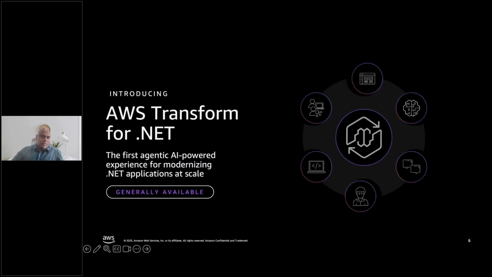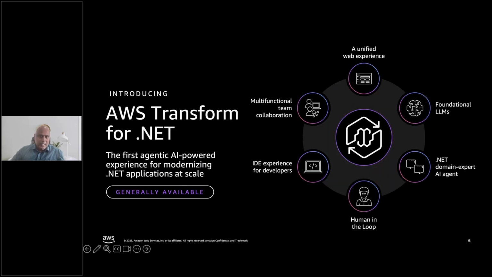This is where AWS Transform for .NET comes in. What we have done is we have developed a foundational LLM that is trained specifically on .NET Framework to .NET 8 transformation. We trained it over open source projects, along with years of experience helping customers modernize their workloads. And it is available as a unified web experience for transforming applications at scale. Whether you have 100 applications, 1,000 applications, you can point to a repo. We'll be able to take that in, do the transformation, and commit the code back into these repositories.